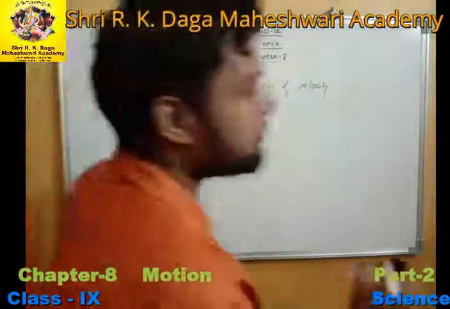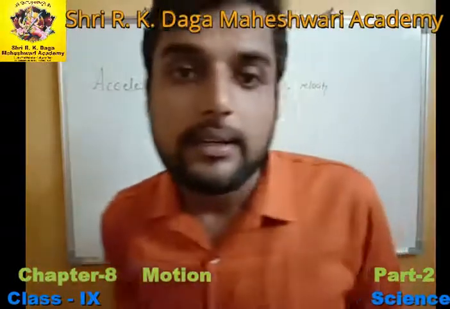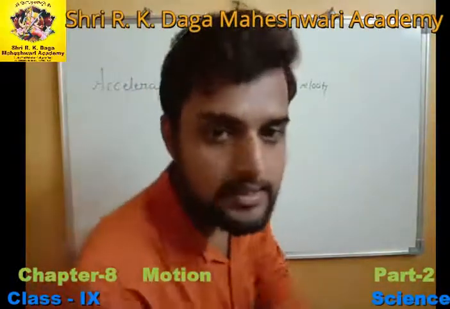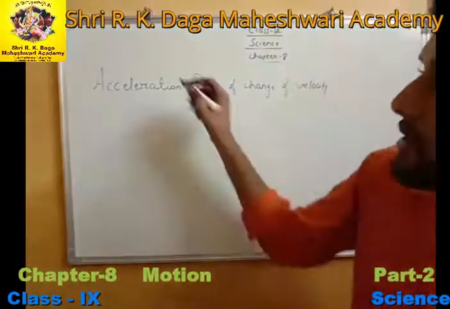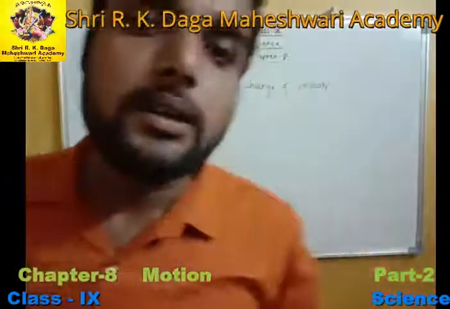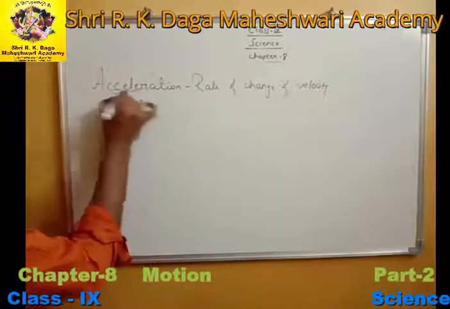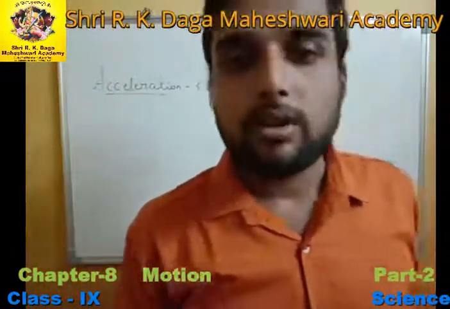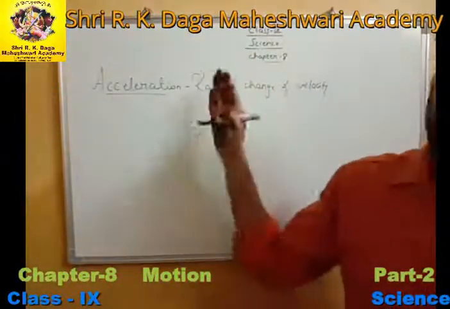The rate of change of velocity is called acceleration. We have accelerators in our cars, right? So what would happen if we press that accelerator? The speed of our car gets increased, right? So this is the basic principle of acceleration: whenever the velocity of a particular object changes with respect to time, this is called acceleration. For example, when we press the accelerator of the car, the velocity of our car suddenly increases, right? Then this phenomenon is called acceleration.